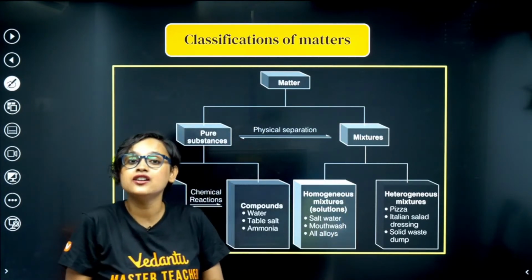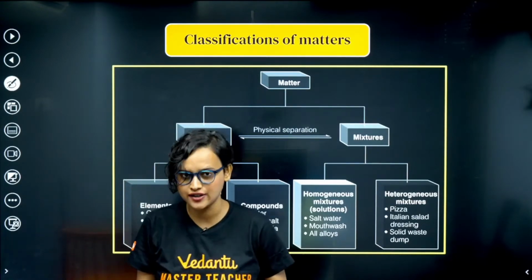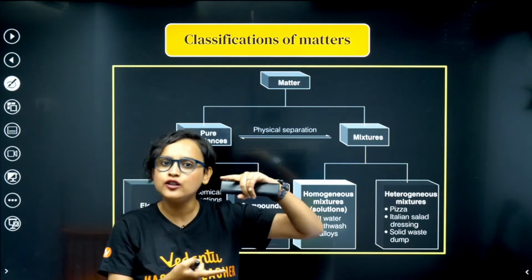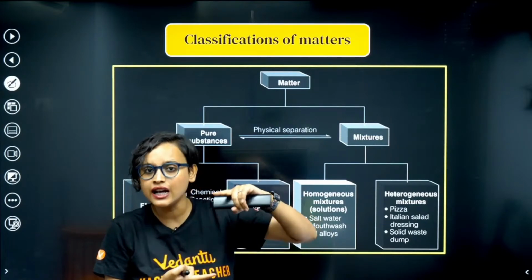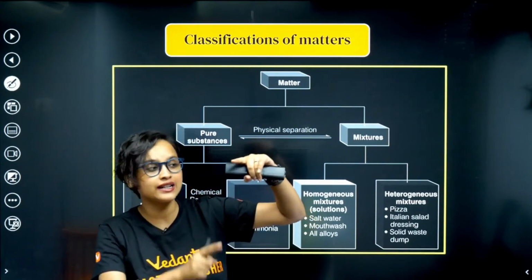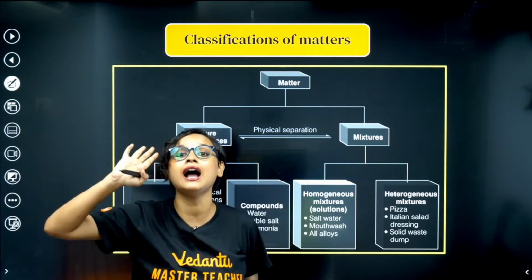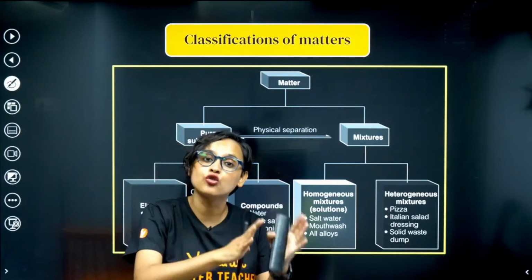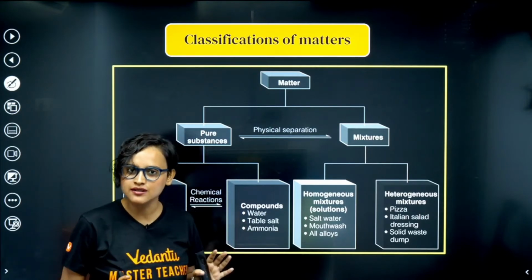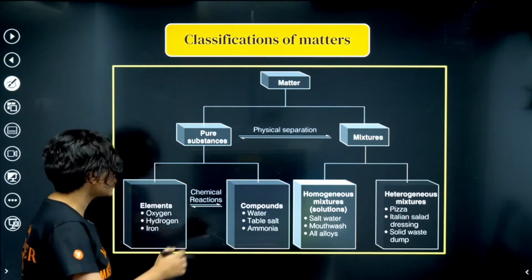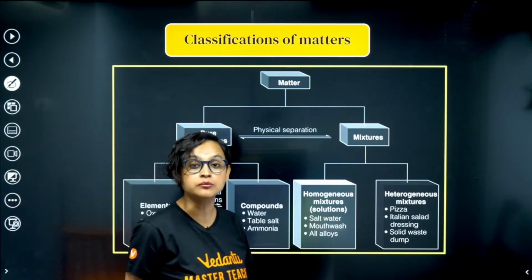And the very same way, when I buy Tata Shuddh Namak or Ashirvad Namak or this salt or that salt, in the whole packet, I don't expect to see some dust particles or some stone pellets, nothing like that. The only thing that I want to see in that whole packet is NaCl, NaCl, NaCl. Throughout the packet, it should only have sodium chloride particles. That's what it should have, right? So pure substance, makes sense everyone? Makes sense or nonsense? So compounds like water, table salt, ammonia, these are all compounds, okay?